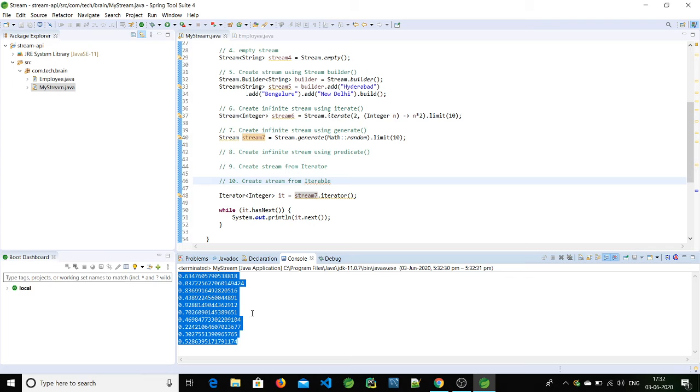So in real time it could sometimes be an order ID, sometimes some different value, or sometimes it would be an MPU ID. Anything can be there based on the need.